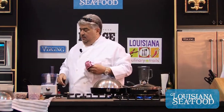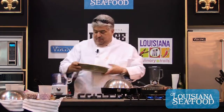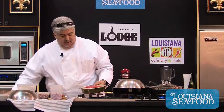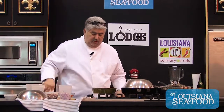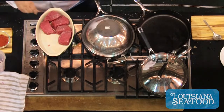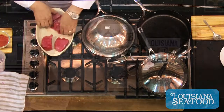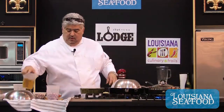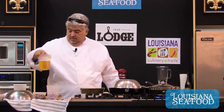nice clean pan. We have some yellowfin tuna from the Gulf, because of course we're always promoting our local ingredients, local seafood. We season it, salt, a little bit of pepper, more salt, turn them over, season them also. Now what I'll do with this is I'll put a little oil on it, again, Spanish extra virgin olive oil,